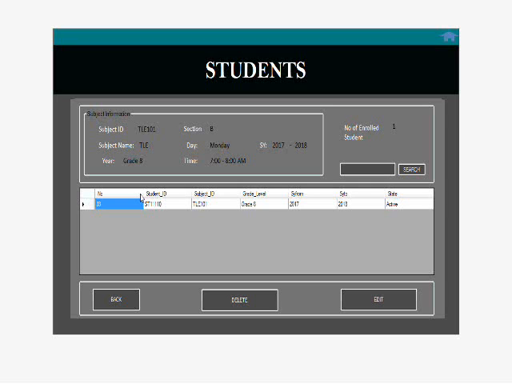Then as you can see, our subject information: subject ID TLE 101, name TLE, grade, section, day, time, school year. So this is our student.